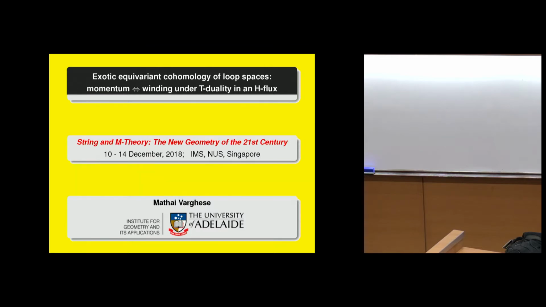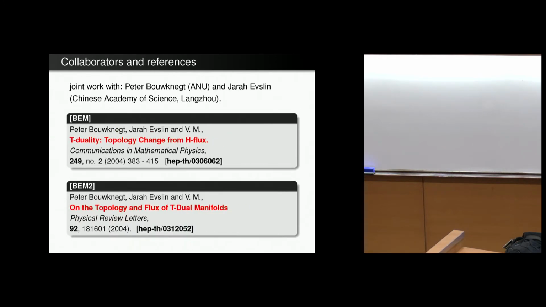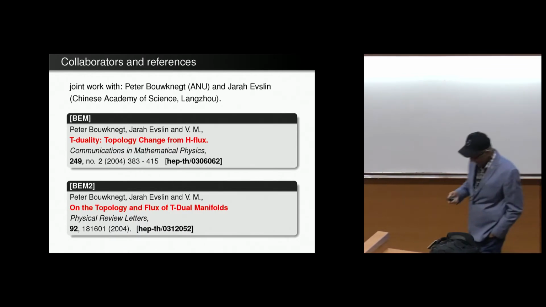I'm sorry about the long title, Exotic Equivariant Cohomology, but like Peter said, it's something to do with T-duality in a background flux. So I'm mainly going to talk about these two pieces of work with Fei Han in the last few years, especially this last paper, so I'll focus on it at the end. But since this talk is also a kind of review, I'll also talk about the early work with Peter Bouwknegt, Jarah Evslin, and